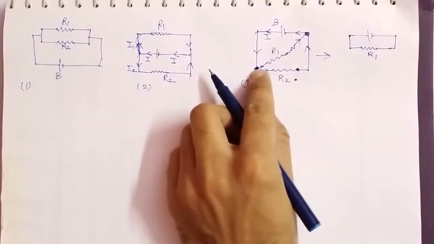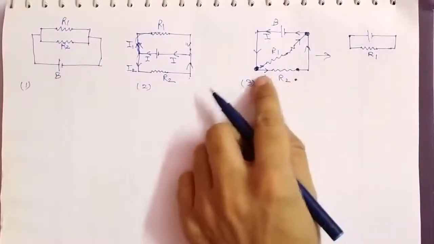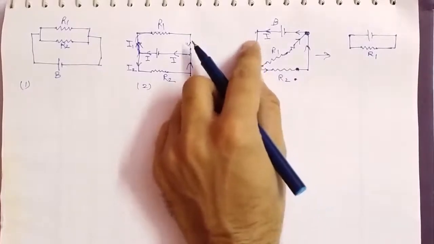So our R1 is shifted at this point. Okay. So we have drawn this first R1. Now what happens when you extend this R1? The R2 will also shift along with the junction.